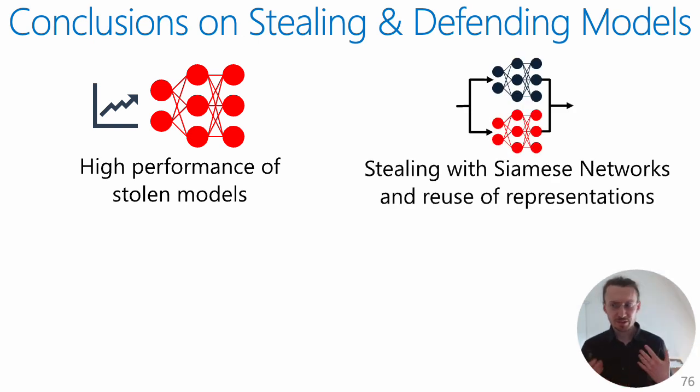And then how does this stealing really work? We showed that the main components of this stealing of the encoders are based on Siamese networks, so the same kind of framework as is used for self-supervised learning and reusable representations. In general, we showed that these attacks are very effective, and we send the queries to the encoder to obtain answers. The query, as well as many of its augmentations, are also passed through the stolen copy and then backpropagated through the stolen model, so that the representations for all the augmentations match the representations returned by the victim SSL encoder.